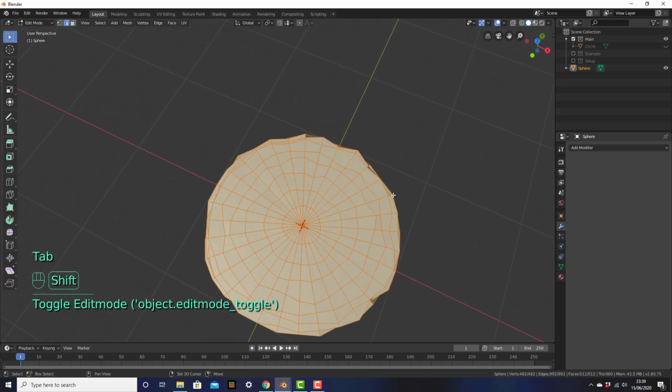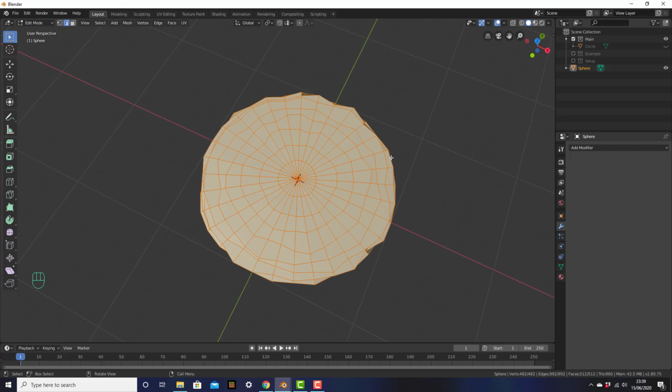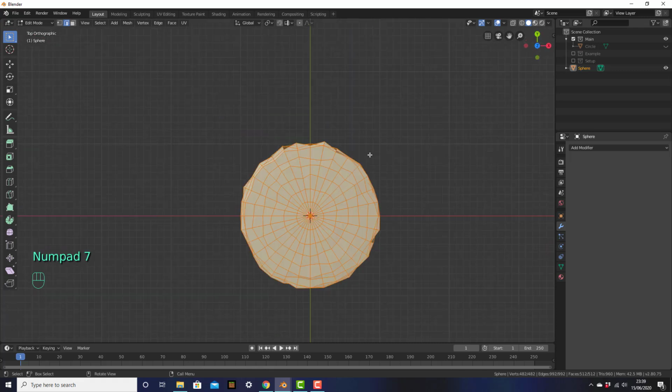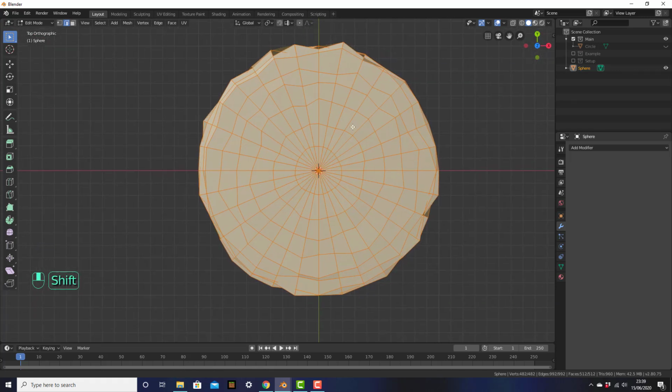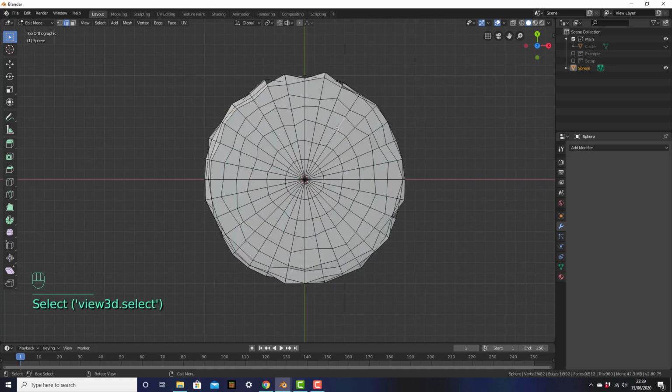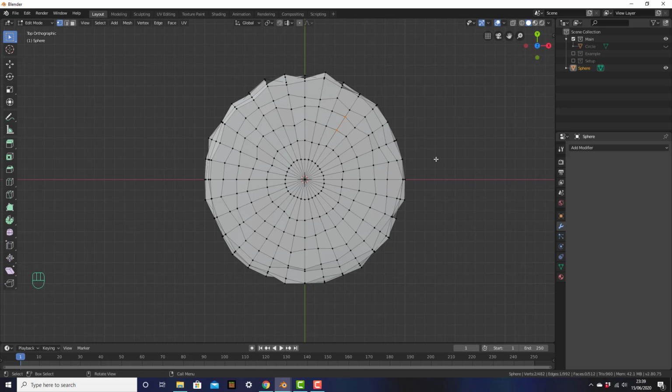It looks a little bit wonky at the moment, but that is okay because we are going to make it even worse. So we're going to top view, and I'm going to teach you another command again. So instead of just clicking on one vertex, or let's go into vertex mode, sorry. Instead of just clicking on one vertex and moving them all around individually, which is going to take forever, we are going to use something called proportional editing. So to enable that, you can either go to the top right here, to the circle with a dot in the middle, or you can just click